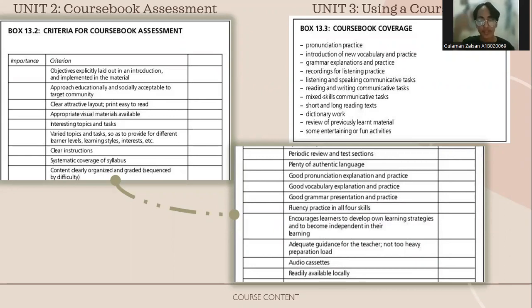Course assessment. The course assessment is the criteria for a good course book assessment. Before this, I analyzed the book with the title English for Everyone Course Book, Level 1 for beginners. From the rest of the analysis, what I can get is